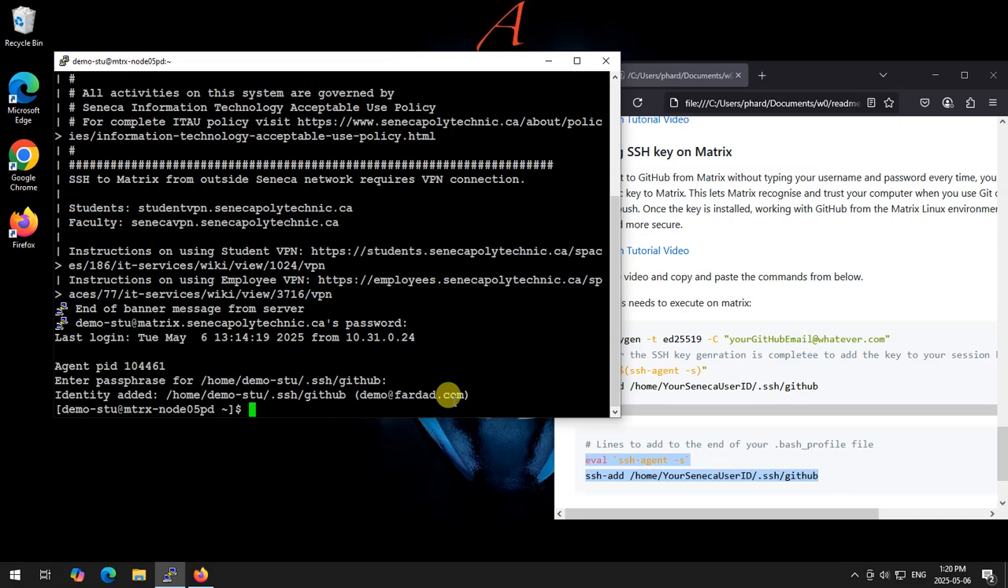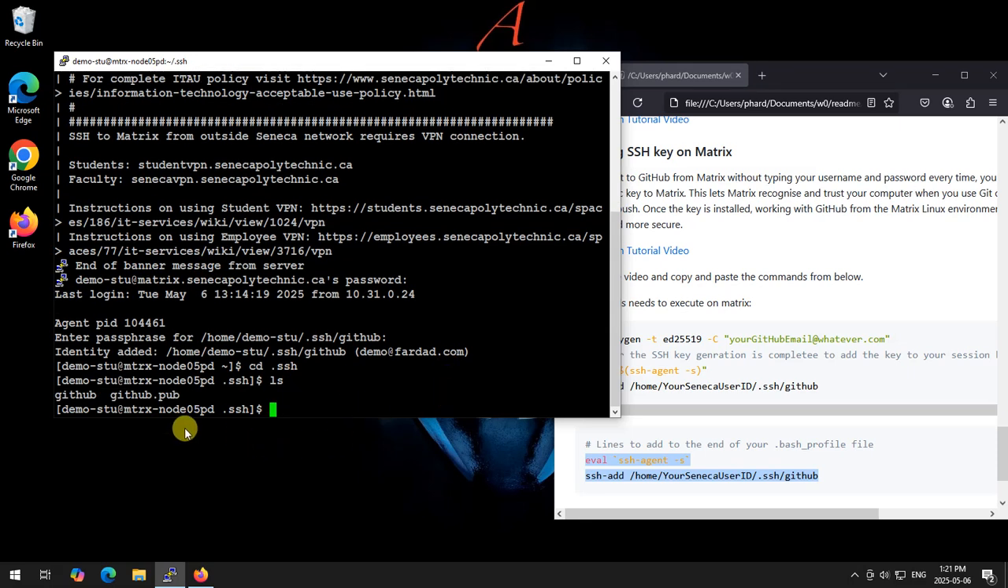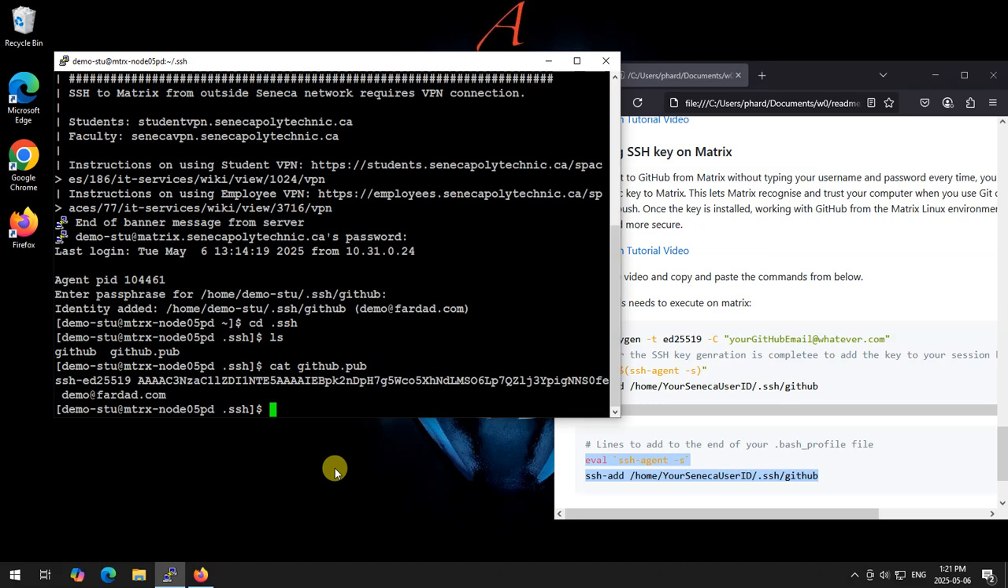Now the next step over here is to actually put the public key that we have in here in the GitHub account to make sure that Matrix is authenticated to GitHub too. To do that, change the directory to .ssh, and as you see, there is a github.pub over here. Print that using the cat command. So cat github.pub. That prints the key. Copy that key,